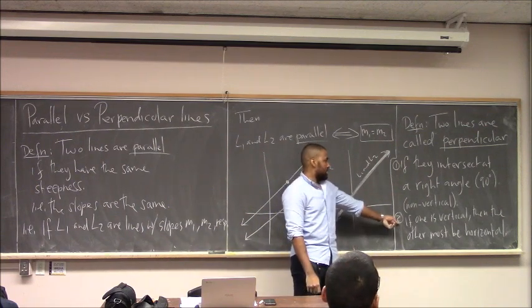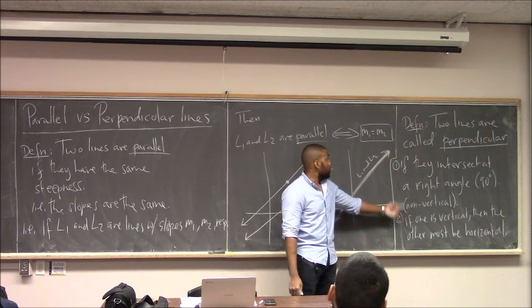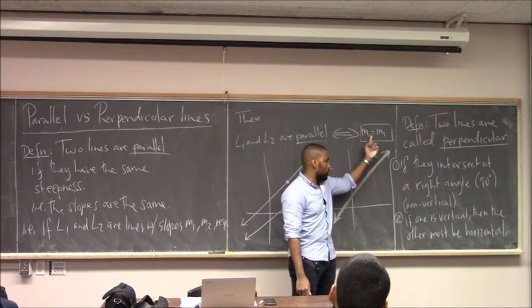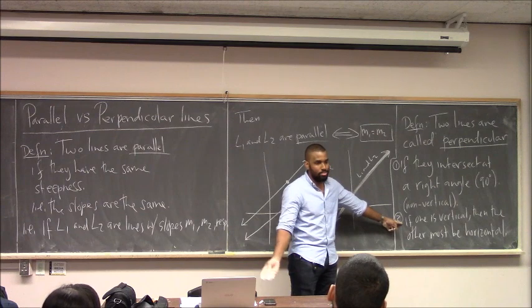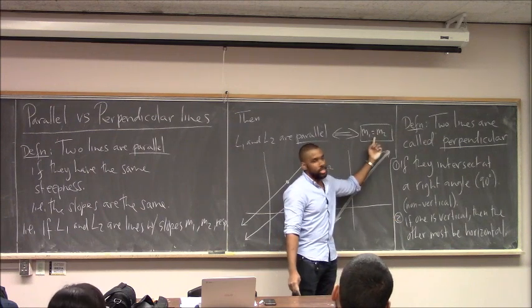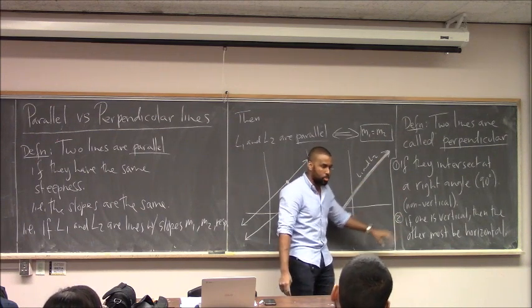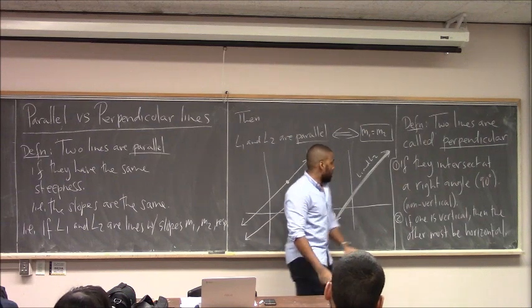Now, why did I single this one out? Well, I ultimately want to come up with an equation that describes the slopes, but we know that vertical lines don't have slopes, so the equation wouldn't make sense in this case, so I decided to split it off. But otherwise here,